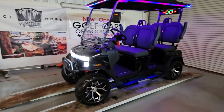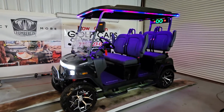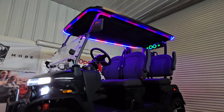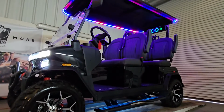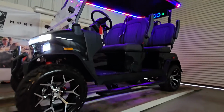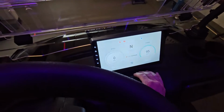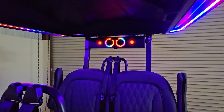If you are buying a Denago, like this is a Denago Rover XL, we offer pretty killer canopy lights and underglow lights. As you see, they actually work with the touchscreen on the cart, which is pretty cool. So you see LED right here. Not only does it operate the sound bar right there,